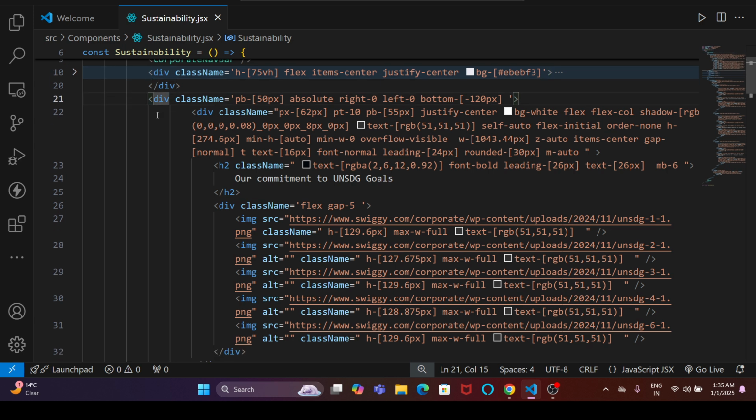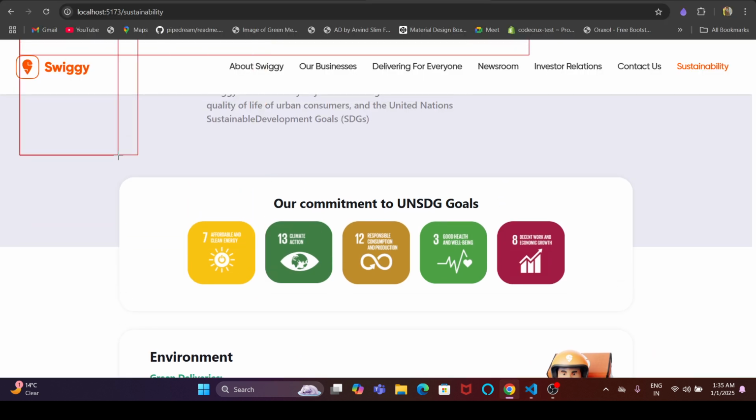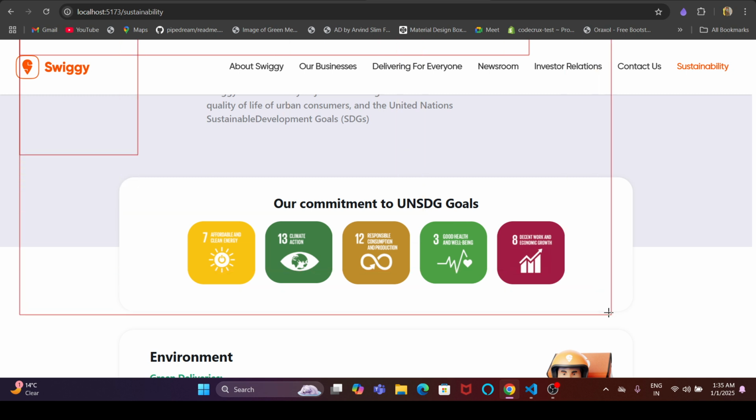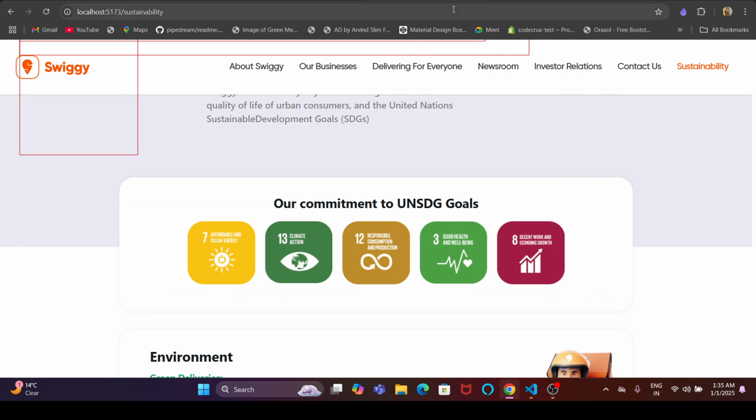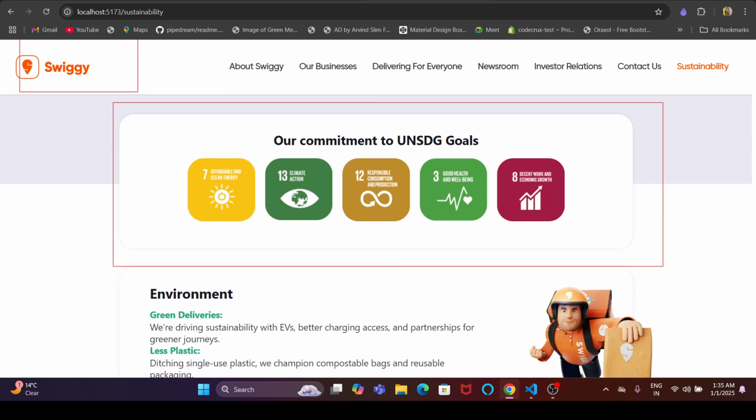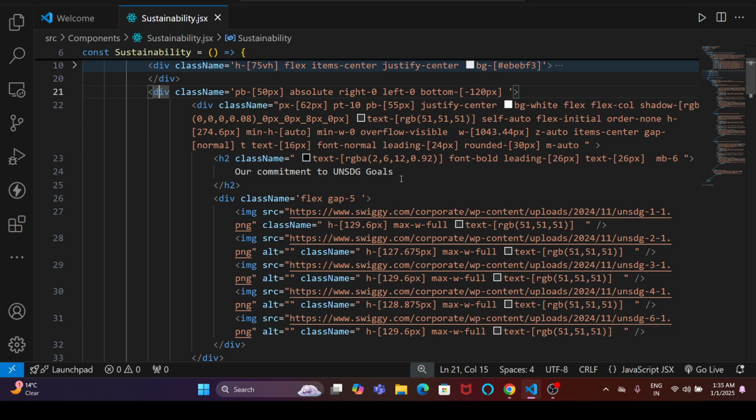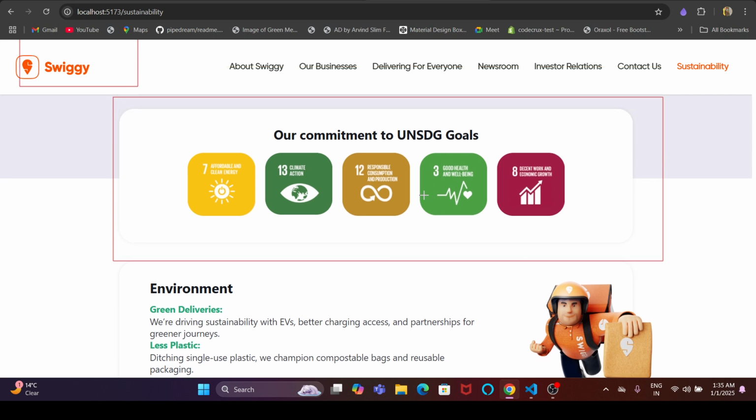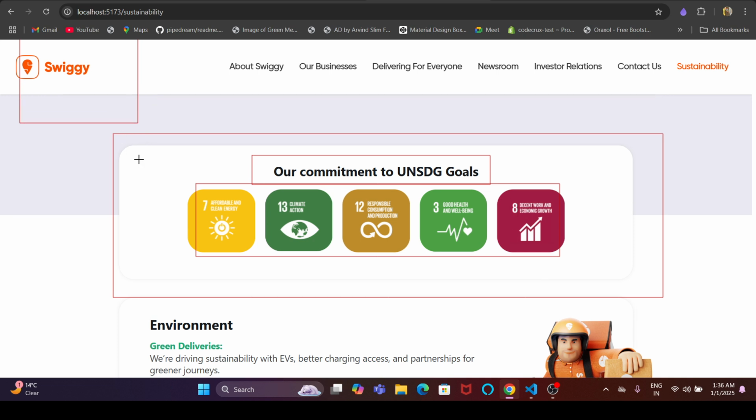second div is this. Second div is this, or our commitment to this, and inside this one and this. So parent is outside and two children, and this is also a child of this parent,